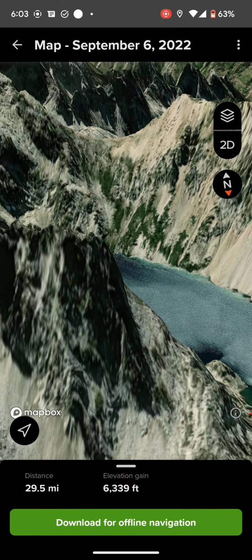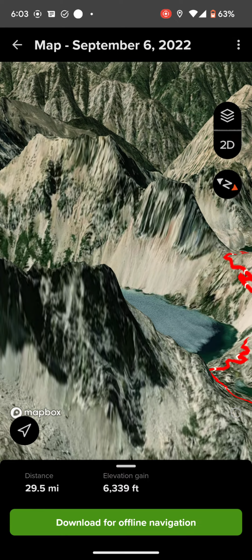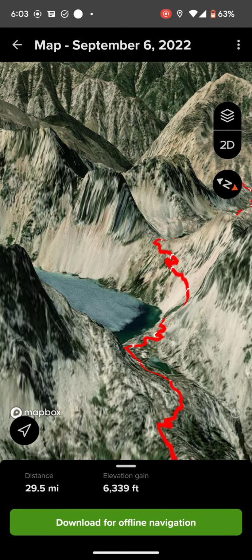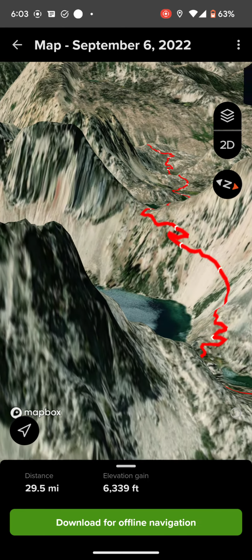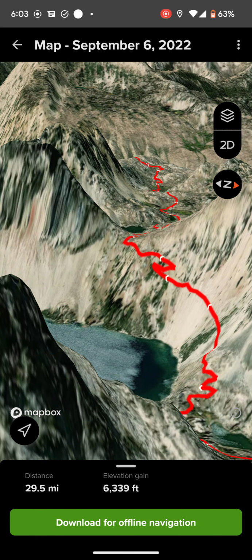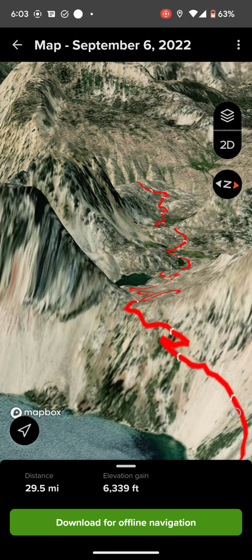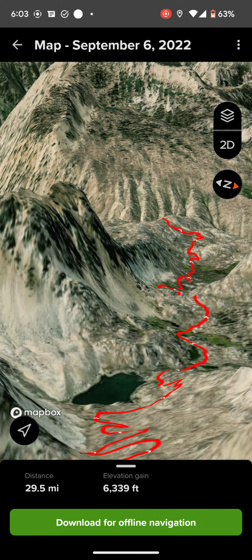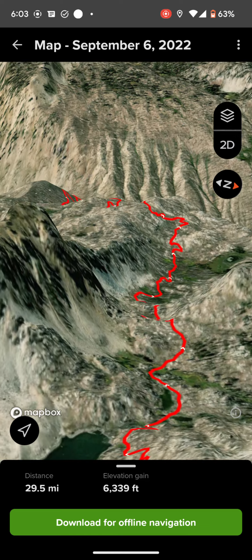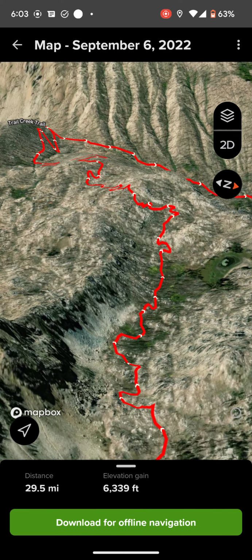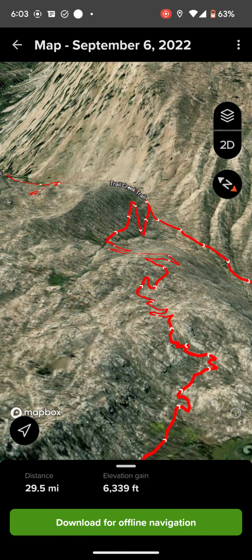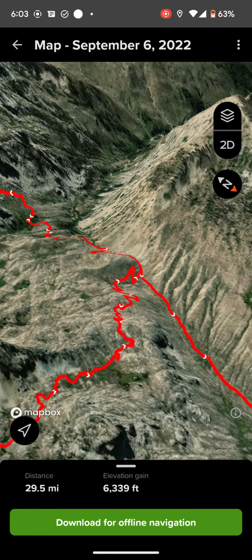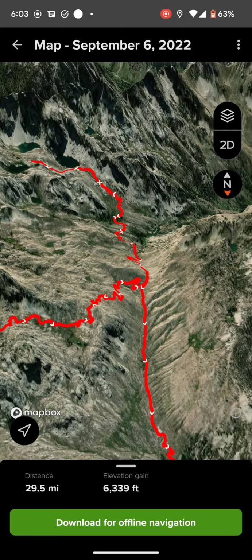Enjoy the views. It's just surrounded by mountains like everything else is. And then we'll continue on. The highest point of our hike will be right after lunch, where we'll hit this saddle and then work our way down to the Trail Creek Trail. From there, we're going to take a left